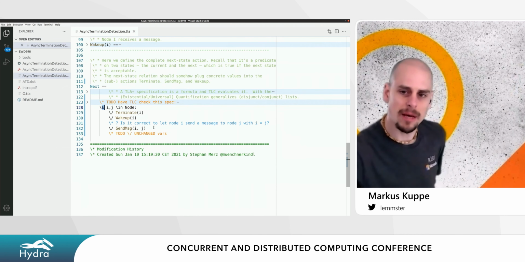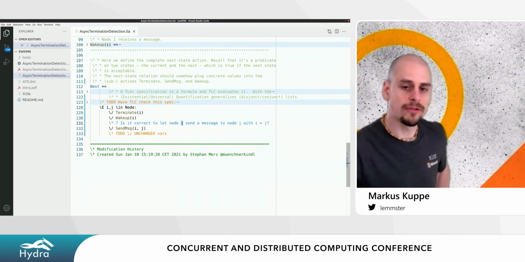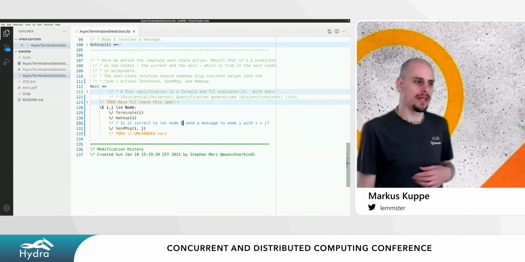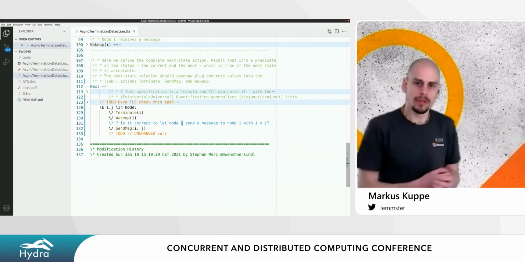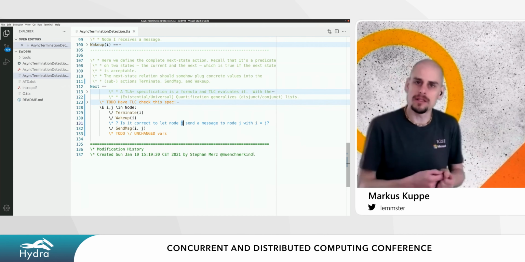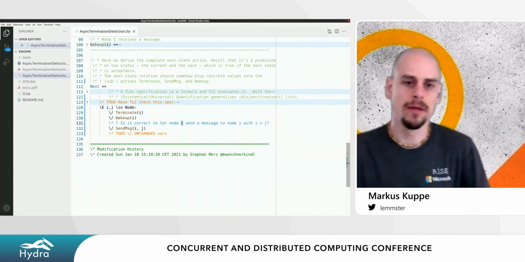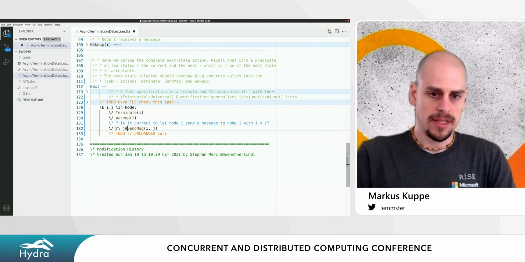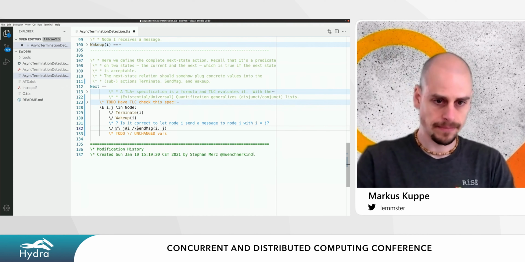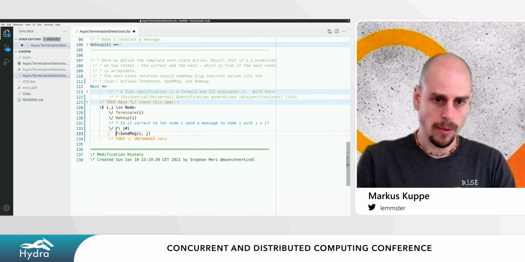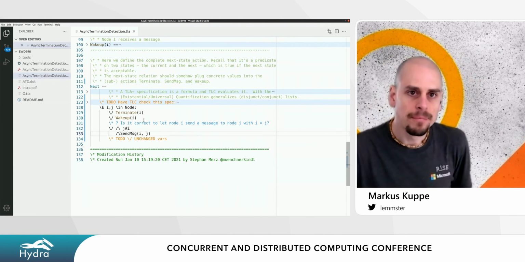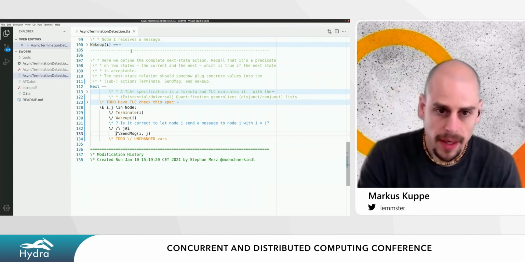And now the question comes up, is it okay to send a message from node i to node j if i and j is the same? Can a node send a message to itself? Yeah, I guess it's fine. It's a modeling decision, right? Do we want to allow this? Do we want to disallow it? We could also disallow it. And then we say, write it like this. Okay, and now we can